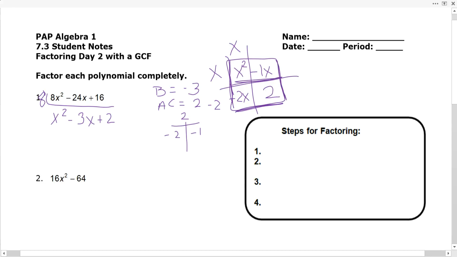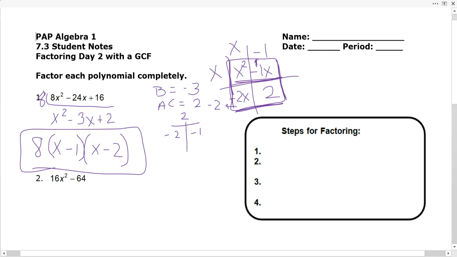And my greatest common factor on the right side is -1, because the negatives in this box, it translates up. The negatives in the first box, it translates over. So what I have is, don't forget to write the 8, x minus 1 times x minus 2. So this is completely factored, and taking out the greatest common factor before you start just